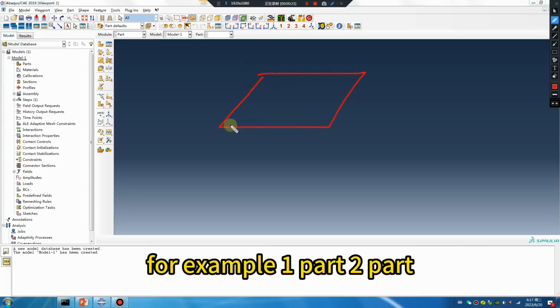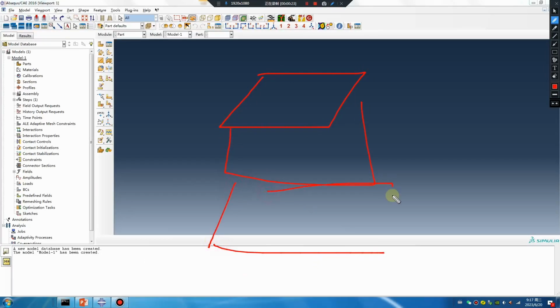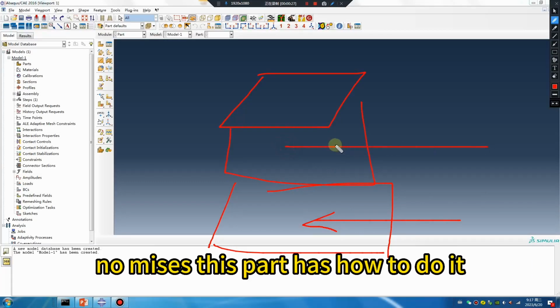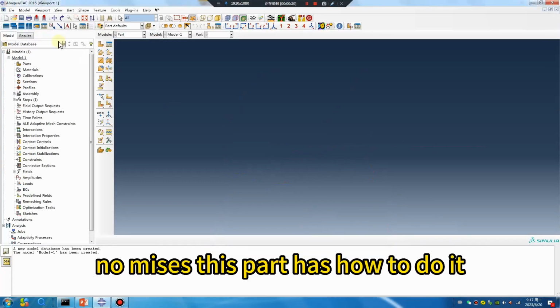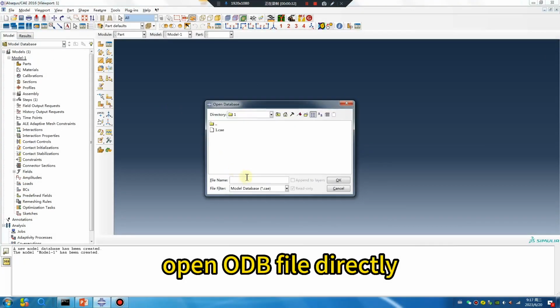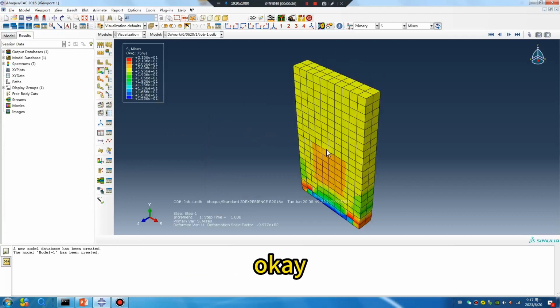For example, one part, two part. This part has no Mises, and this part has. How to do it? Open the ODB file directly. Okay. The two parts